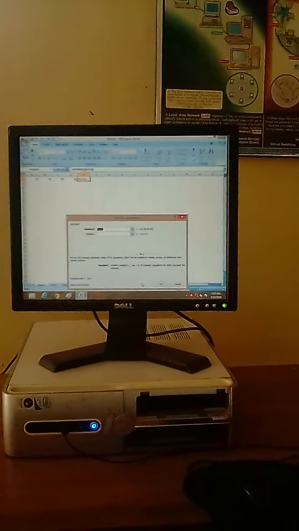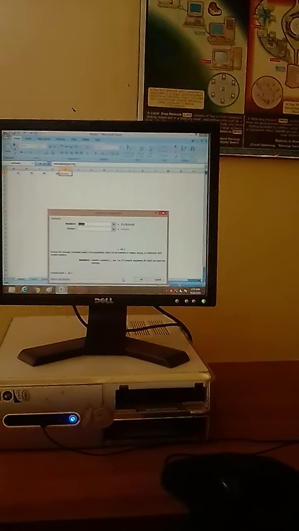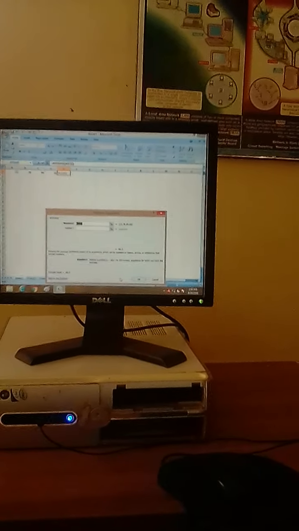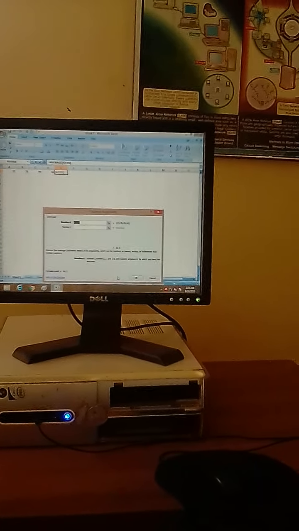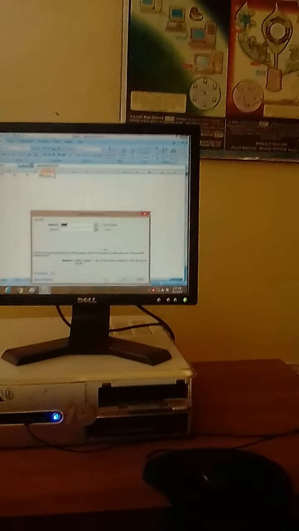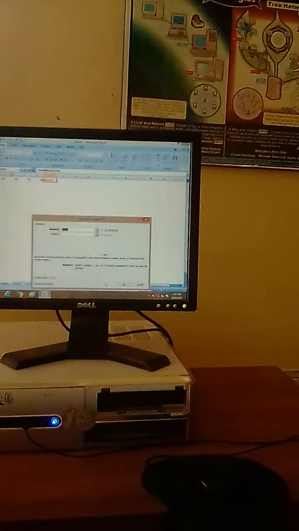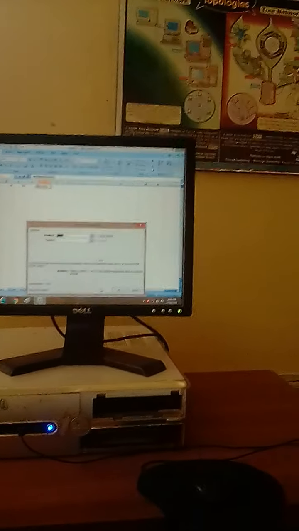Okay, dear students, in column E, the formula is displayed, A1 to D1. It means that the average that we have selected will be found from A1 to D1.